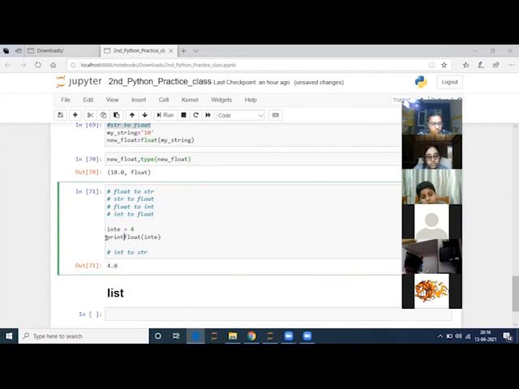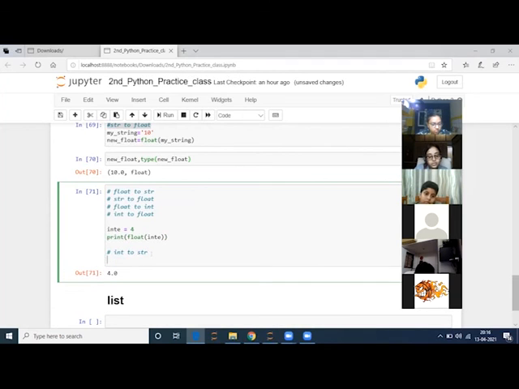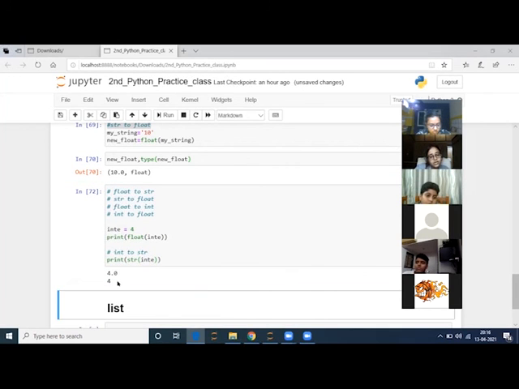I'll print this, and in this case print the float. Integer to string. I already have the int 4. Now I will convert it to string, which is str of int. I will see. Here I've printed, that's why I do not see inverted commas, but if I check, let me do one thing.